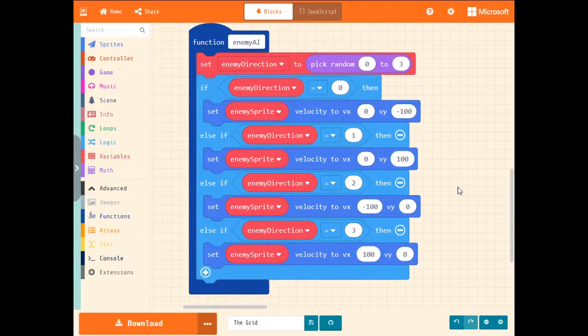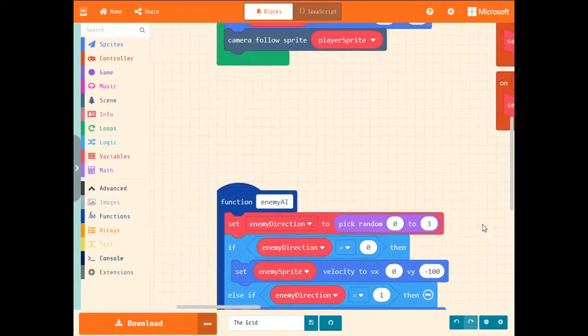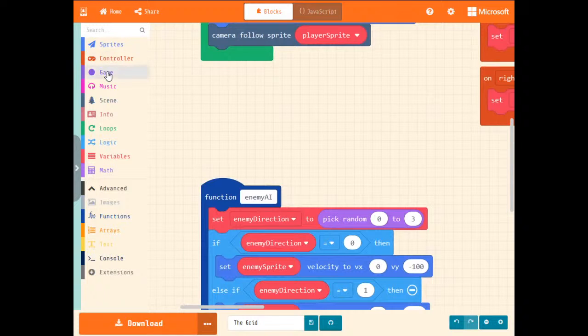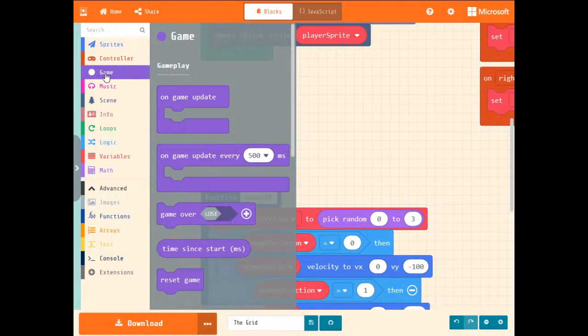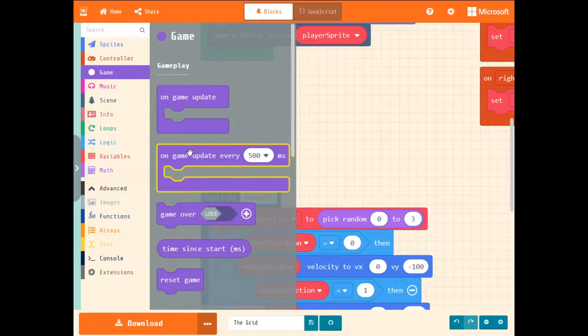So how do we call this function randomly as well? Because we don't want them to make that decision every second or every 3 seconds. We want them to change their decision randomly. Maybe after half a second they decide to go left, then half a second more they decide to go right, then after 10 seconds they decide to go down. We're going to do that. And to do that, we're going to use another block from game. And where it says on game update every 500 milliseconds,